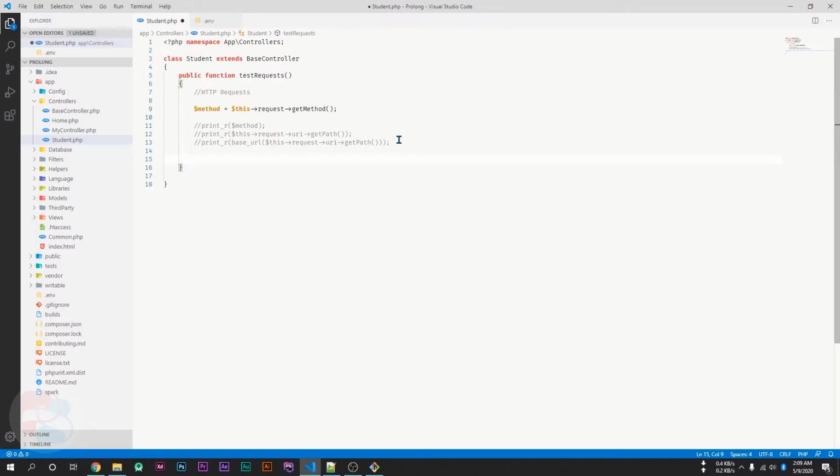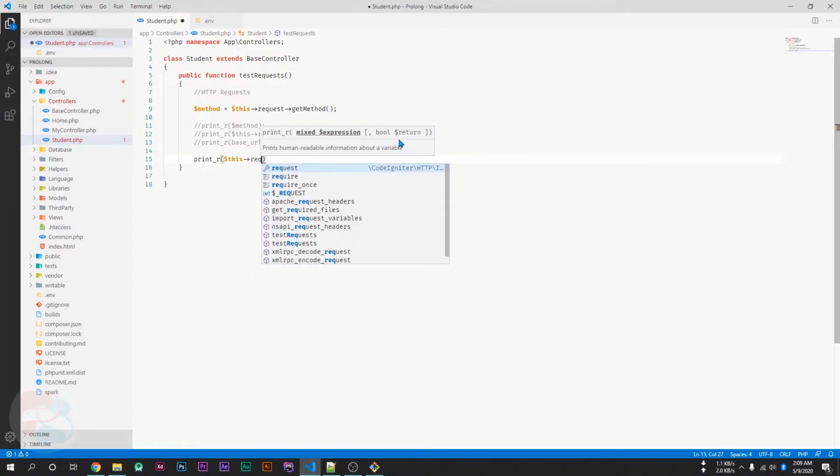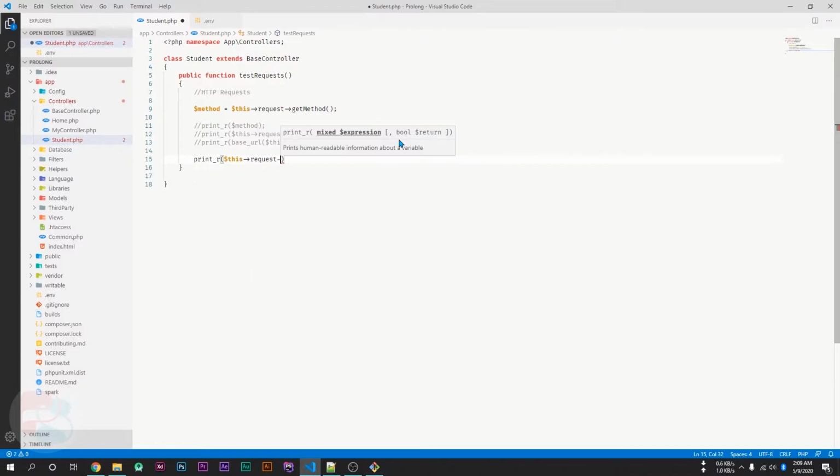We can also get the server information, like if I print request.getServer, then it will return the server configuration.